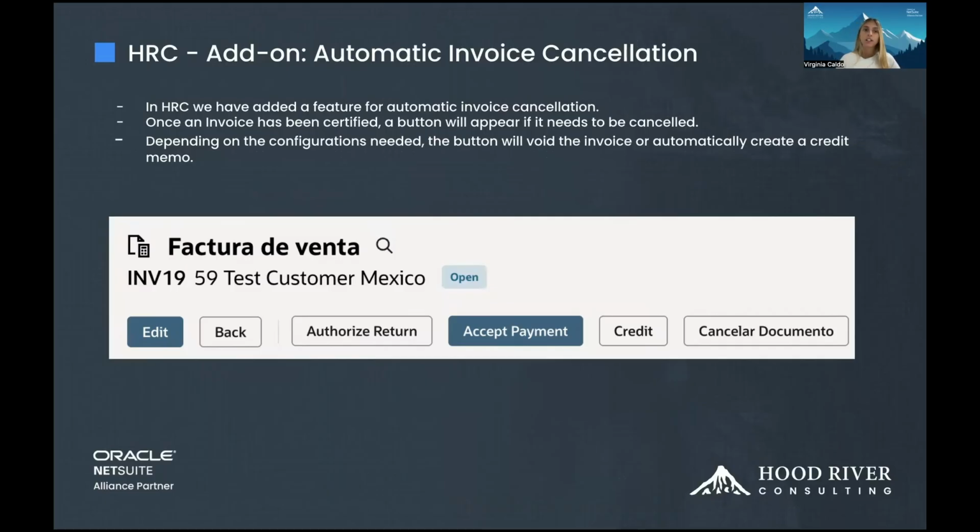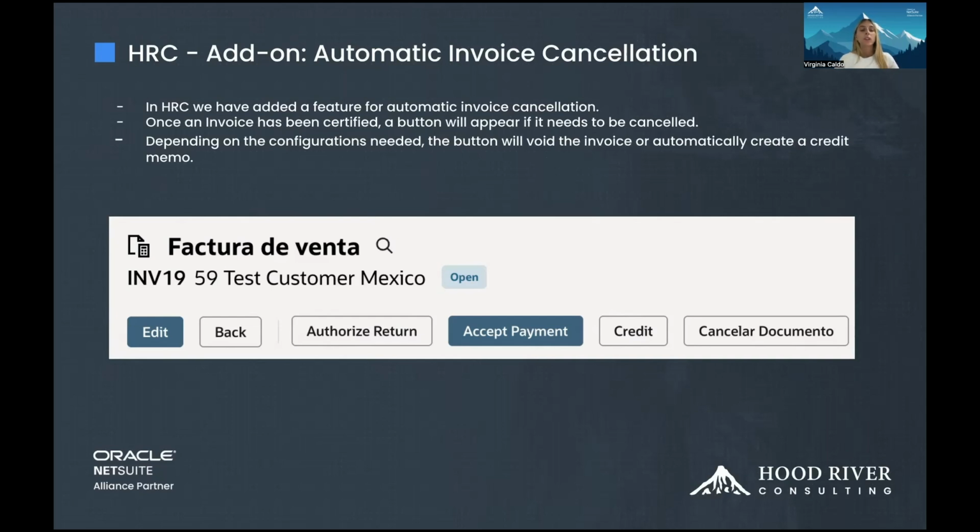Here we have one of the add-ons that we have in Hood River Consulting for the Mexican localization, which is the invoice cancellation. Once we have a document that is certified into NetSuite, the standard localization does not have any automatic cancellation.